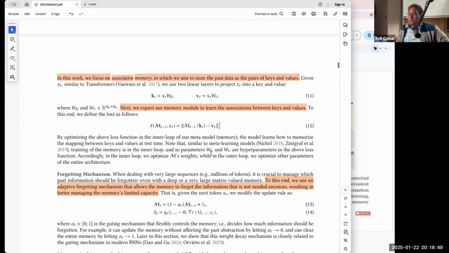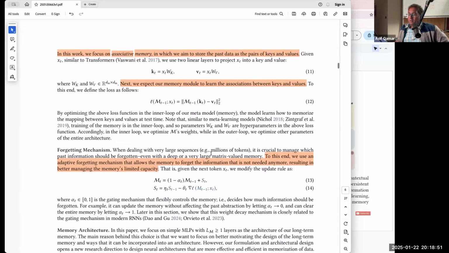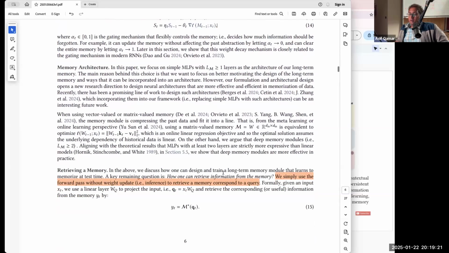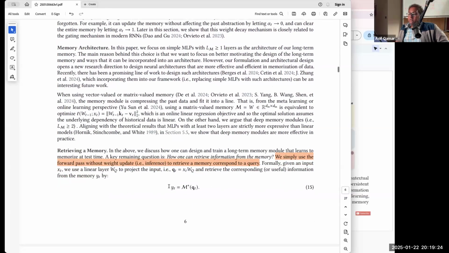Okay, I'm going to ignore this a little bit. I think this is exactly the way I was mentioning, but I have given you the foundation. I might have a little bit misaligned, but the foundation, the forgetting aspect, is this one minus alpha t, I guess. So this is the forgetting aspect, and then this is part of the surprise aspect. Okay, we are coming here, and then the retrieving memory.